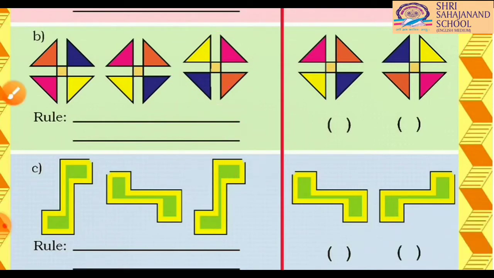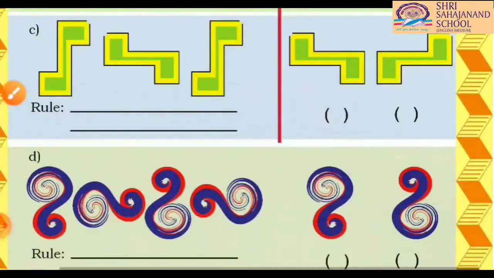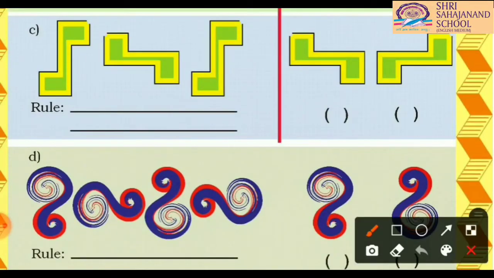Now come to the C number question. Here we can see the picture. Okay, to understand this, you can draw the line. Then you can easily understand which turn it is. So here you can see that the picture is taking, yes, once again 1/4 turn, because in 1/4 turn the down side will come to the upside.